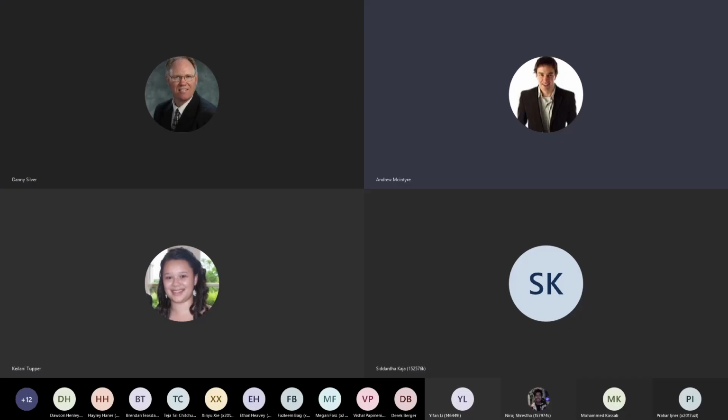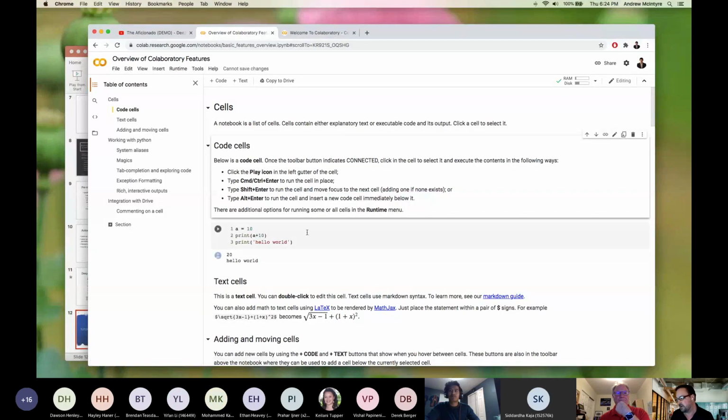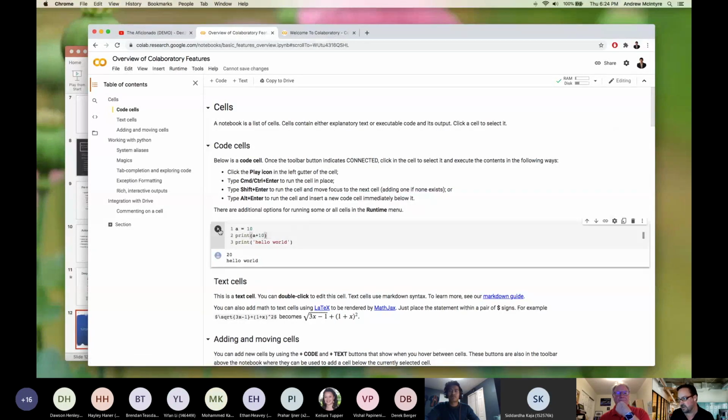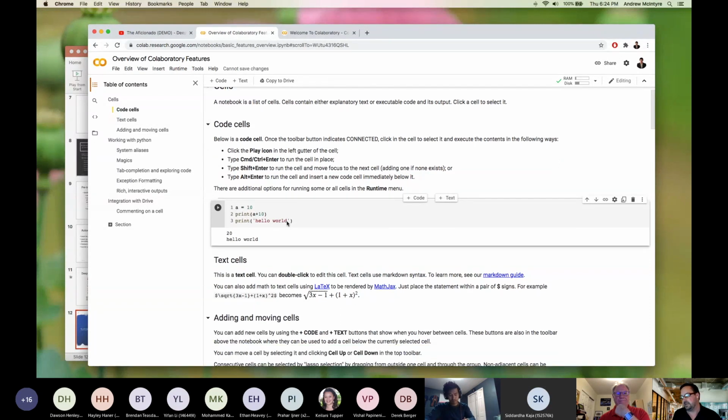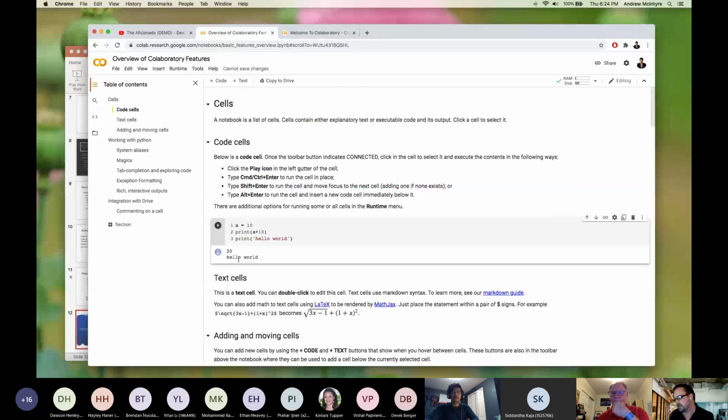A notebook is composed of different cells, and cells can be text blocks or code blocks. The code blocks are executable little Python blocks of code. The main thing to keep in mind for tonight's session is that we'll be doing a bunch of exercises live that will all require that you're able to execute code blocks like this and see results.